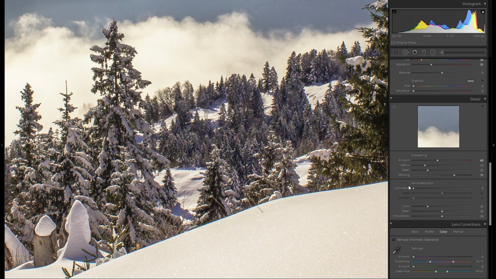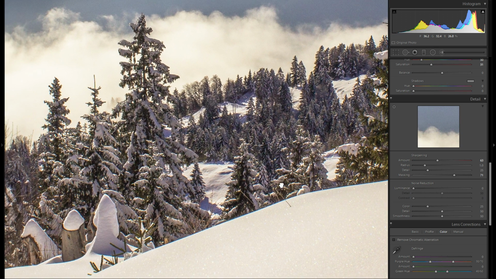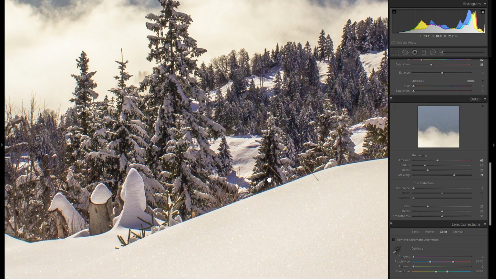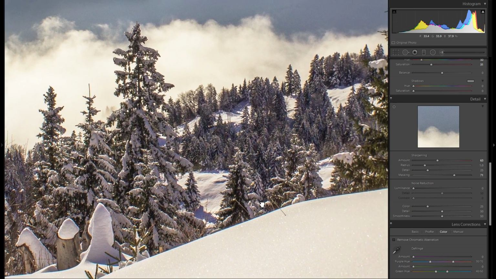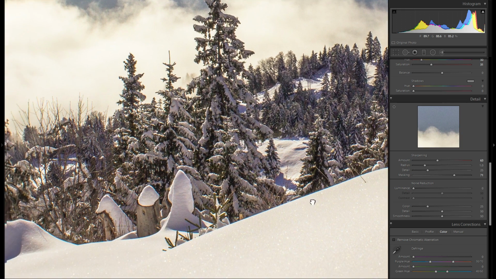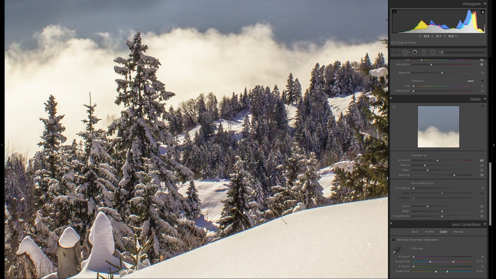Now noise reduction is a completely different thing than sharpening. I really don't like the tool. If you have a super noisy picture, then yes, it is worth it to bring up the noise reduction, but if you just have a little bit of noise, then I really would suggest you not to even work with this slider, because if I bring it to the right even slightly, it takes away so much of the detail